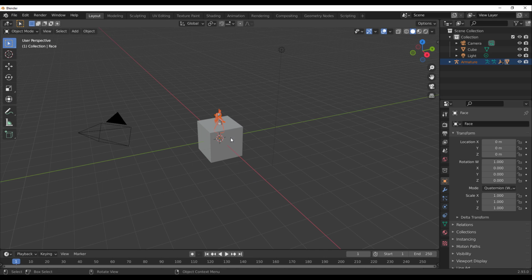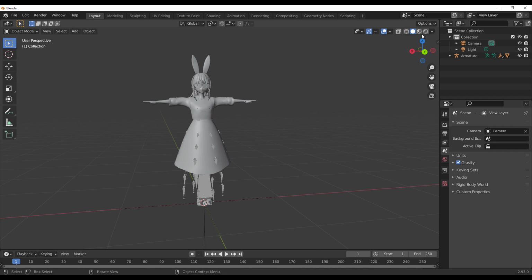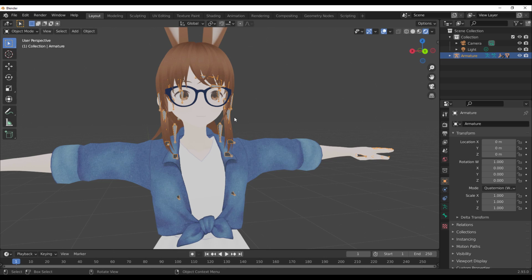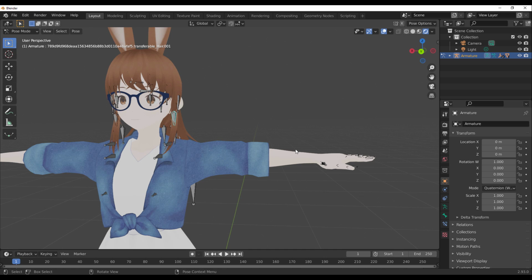Now, if you import this into Blender, you'd notice that the texture comes in, the joints come in, and every single thing that you did in VRoid Studio is now here, and you can tweak this however you want. It is worth knowing that if you're into animation, you can start animating these, add some controllers if you like, and have fun working with this as it looks pretty nice.